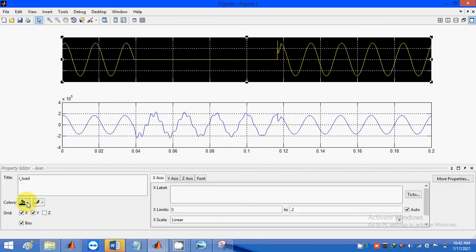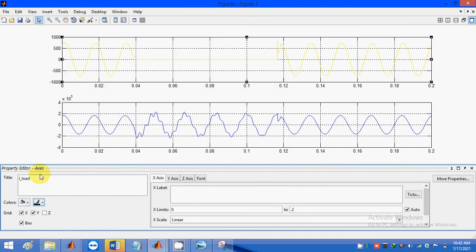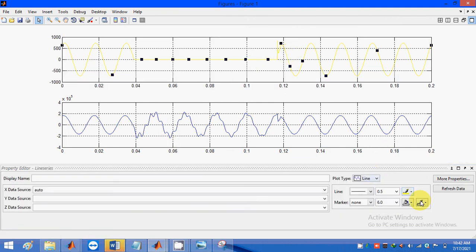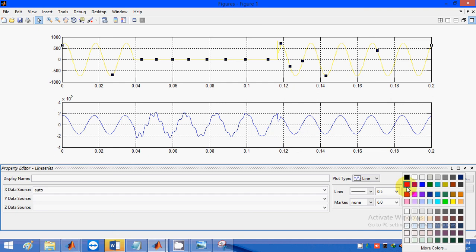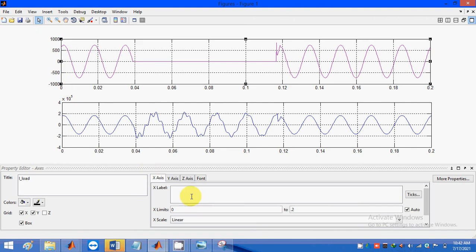In this way we need to change the colors of whatever backgrounds we have. Suppose you have a black background, then we need to change it into white in this way. And also name the labels. Suppose here I am taking time and current parameter.